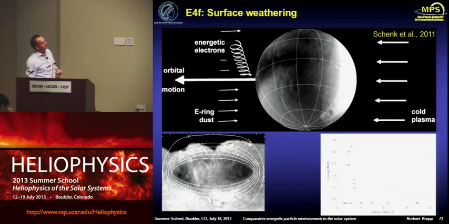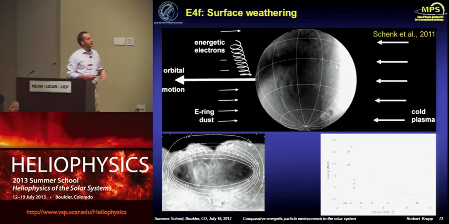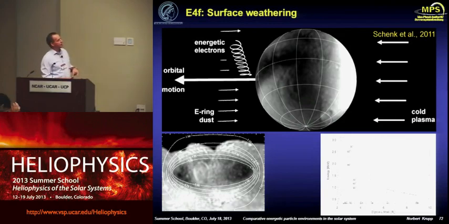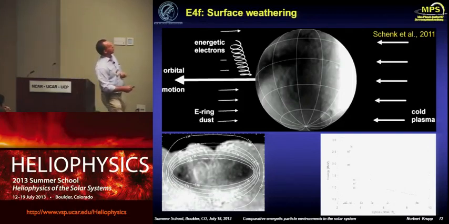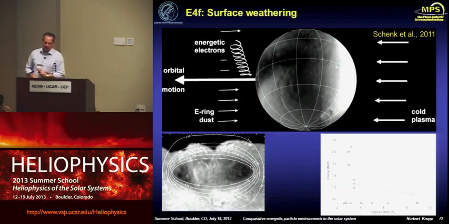So you see the cold plasma is coming from this side, and the energetic electrons above this so-called resonant energy are coming from the other side. And this is creating a sort of lens-like feature on the surface of the moons. In this case, I think this is Tethys or Europa. I forgot actually what it is, which tells you that the energetic particles create these albedo changes on the surfaces